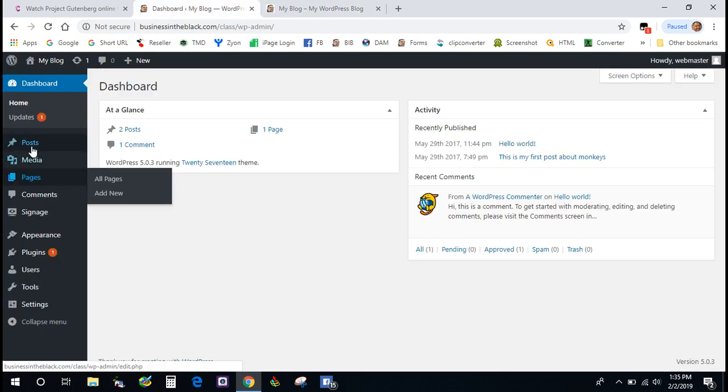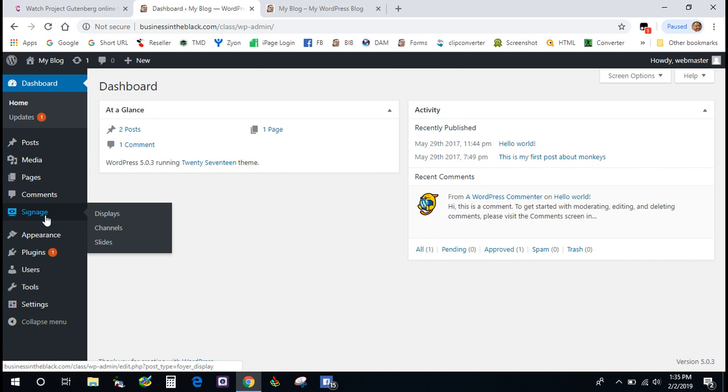The posts, on the other hand, are your blog posts, and you want to use these to market your site. This is what Google picks up, which is the dynamic content, which are called blogs or blog posts, as you see here. The next thing is the tab that says signage. If you hover over that tab, you'll see something that says slides. These slides are the individual slides that you've uploaded